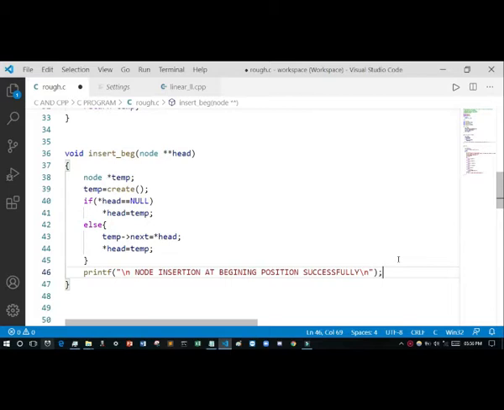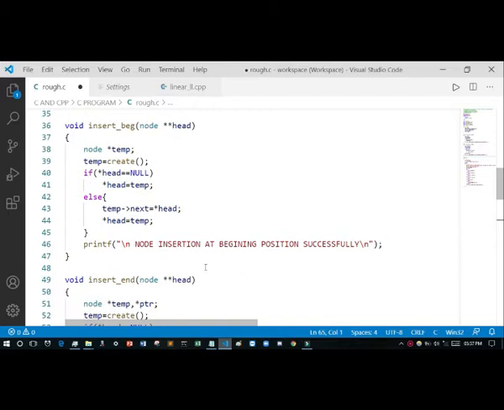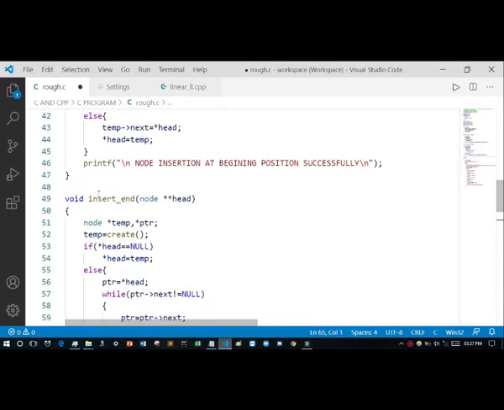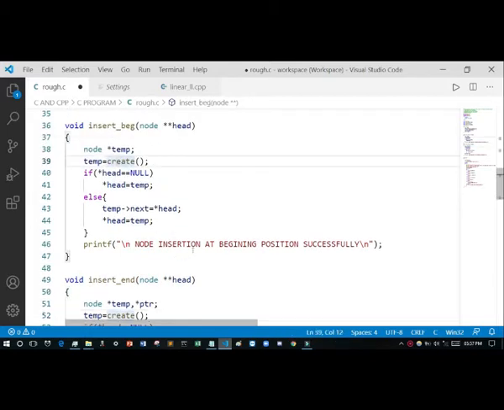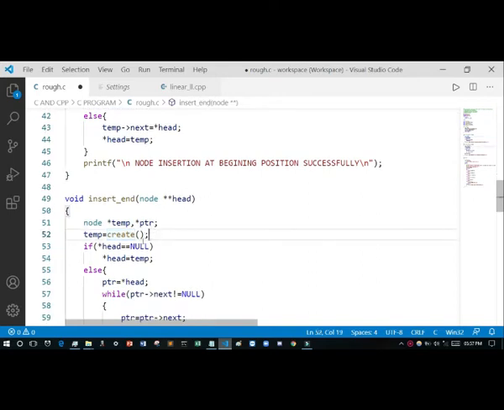So now I want to create the insert end function. See, void insert end, node start, as I have said earlier. Now I have created two pointer variables whose data type is node. Again I have created a new node named temp, as I said earlier this function creates this node.